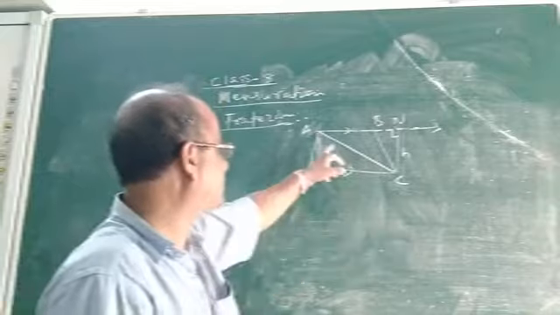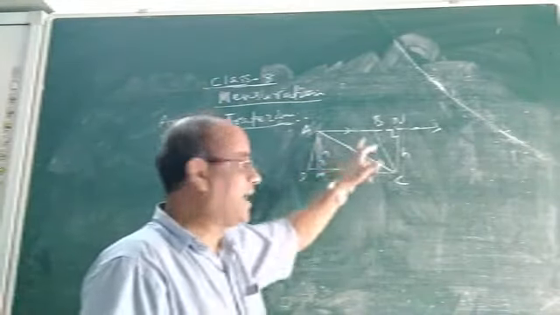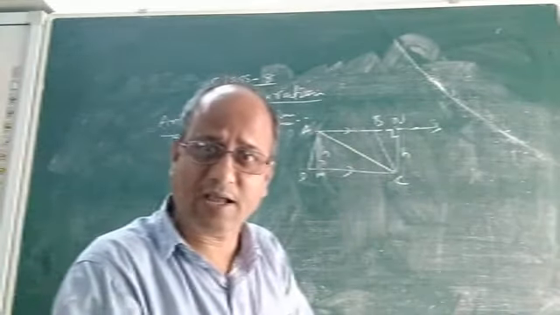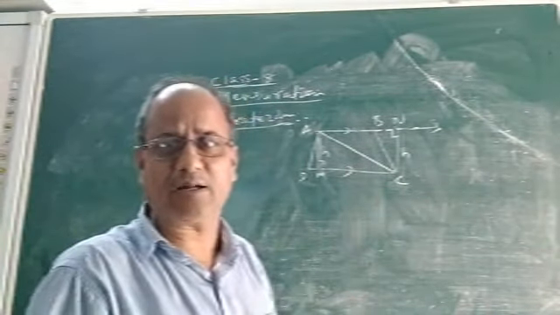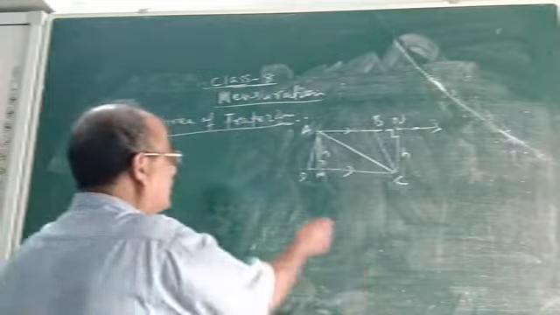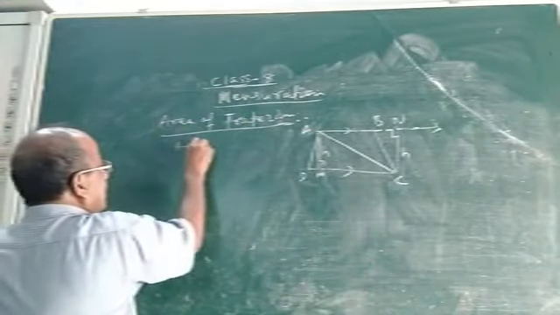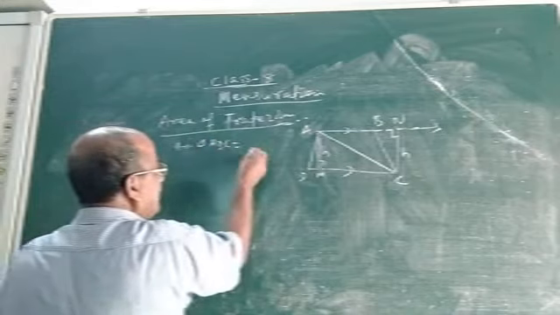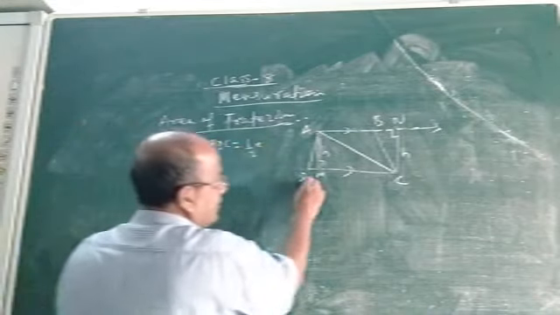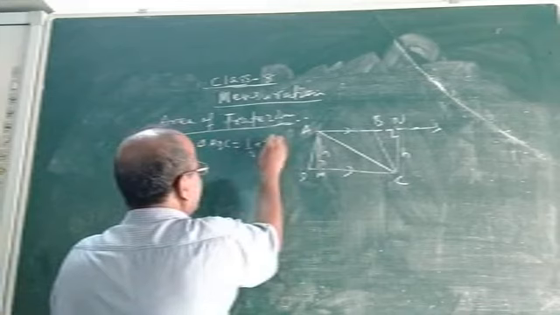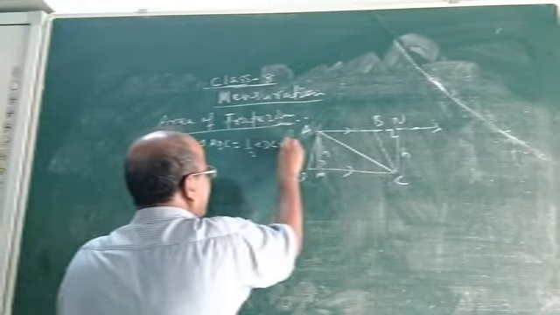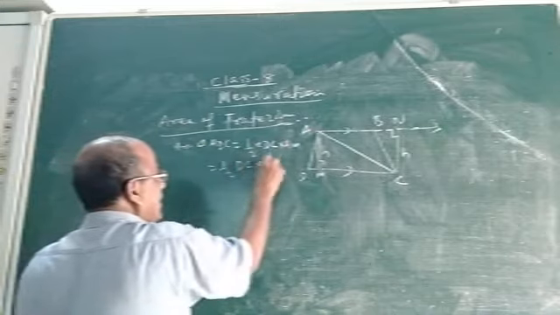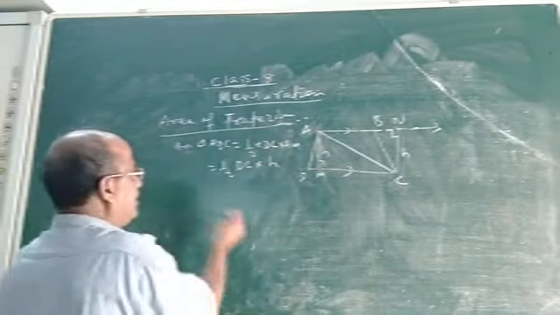Not now. So see, now we have to find the area of triangle ADC and the area of triangle ABC, and we have to add the two areas, then only we will get the area of trapezium ABCD. Let us see how to find it. Now, the area of triangle ADC is half into base into height. Which is the base here? This is the base, DC, and the height is AM. So it is half into DC into H. The length of AM is H.